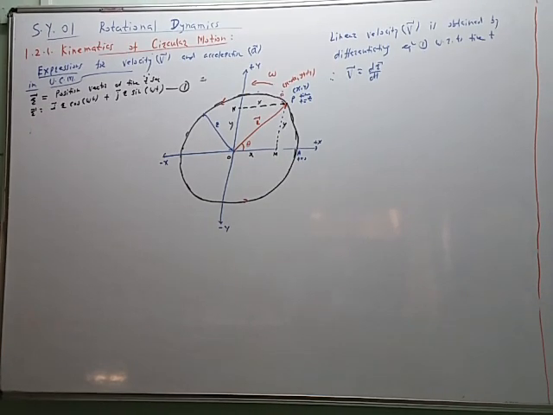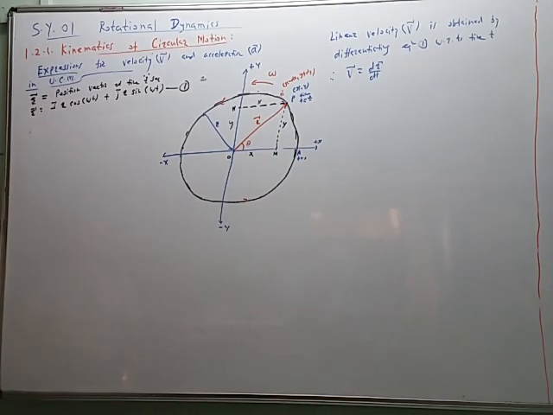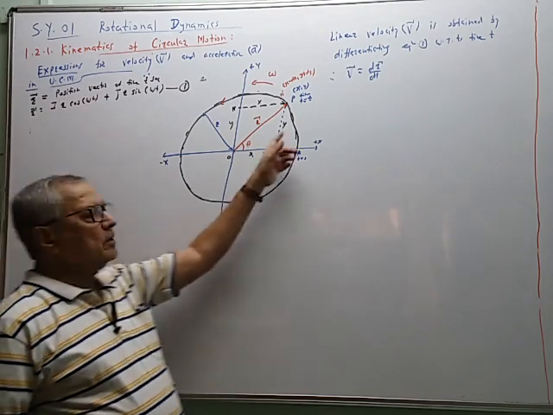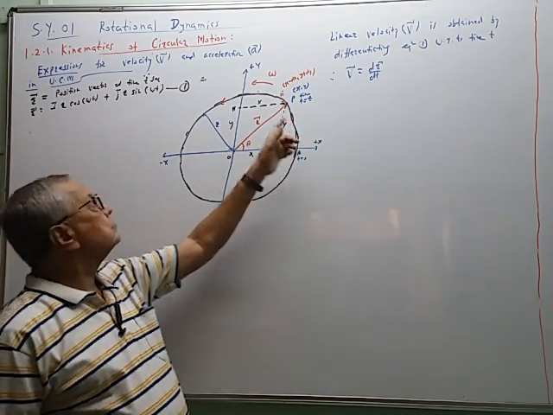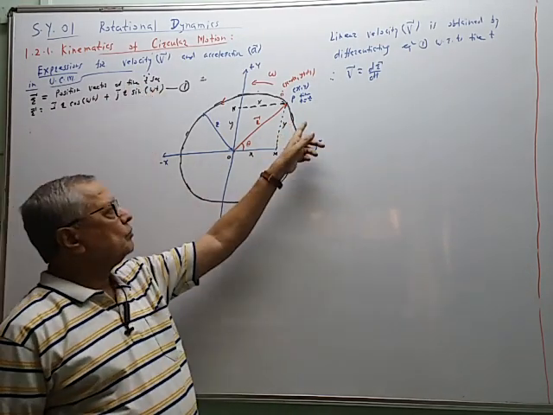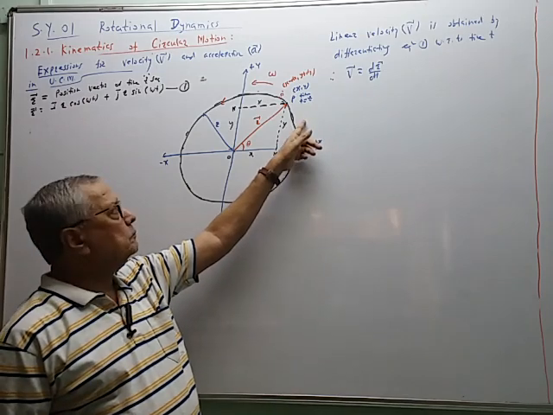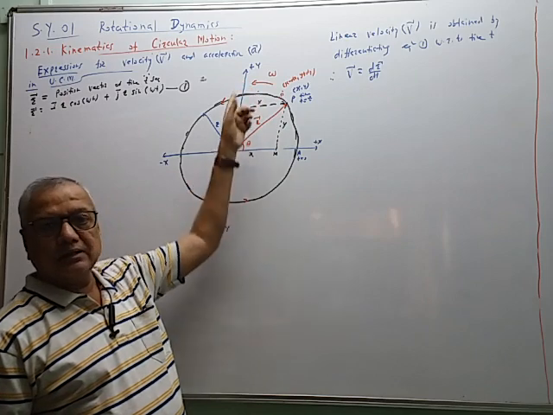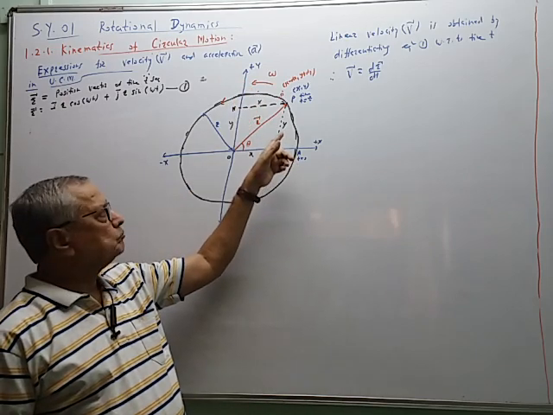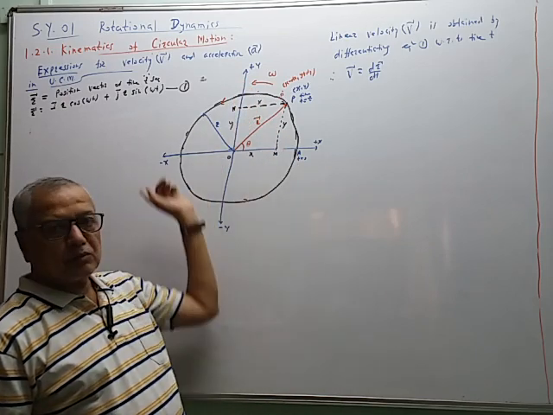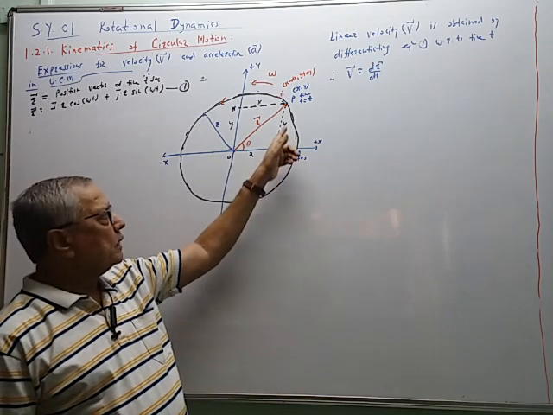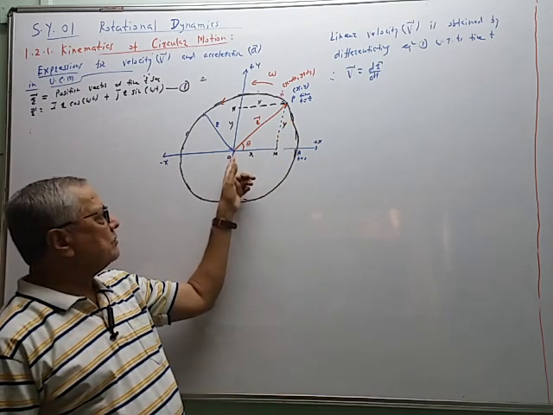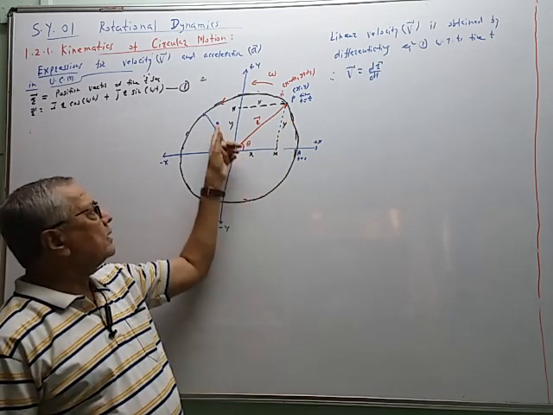So last time we derived this equation 1. I will repeat this part. Consider UCM, uniform circular motion in the xy plane. It is a two-dimensional motion. So the particle is performing circular motion along the circumference of a circle having center at O and radius equal